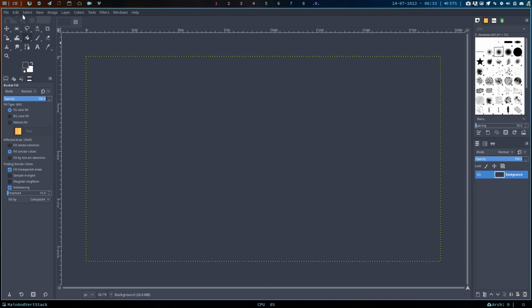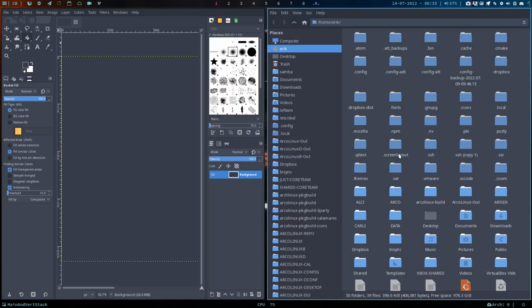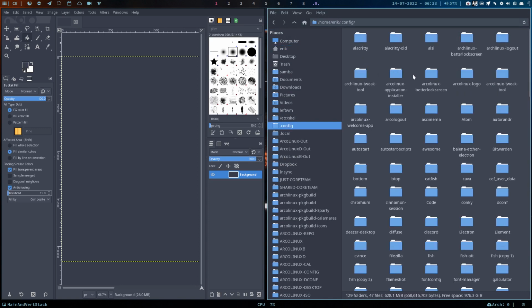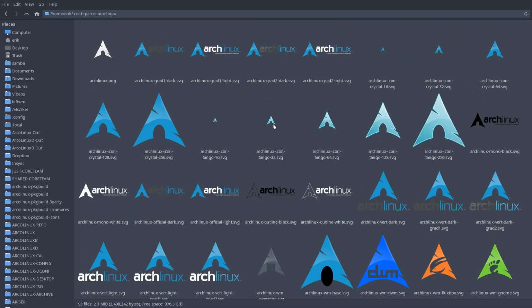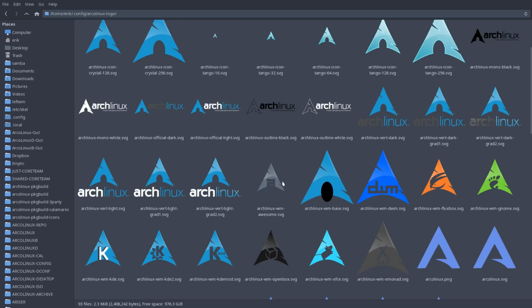And then we have something, if you have an ArcoLinux system anyway, we have found many things, we've created many things, and it's all in the ArcoLinux logo package. So there is a package called ArcoLinux logo, if you install it. And we've found some things online, official things, right? So if you say, I want to have one with the ArcoLinux logo, with this one, with that one, this one, that one. And some of these